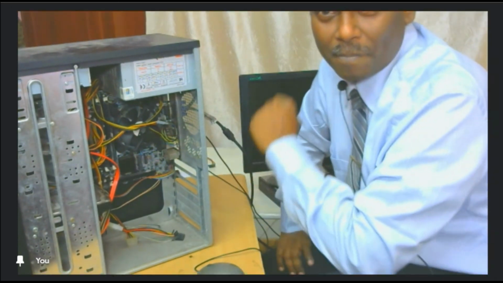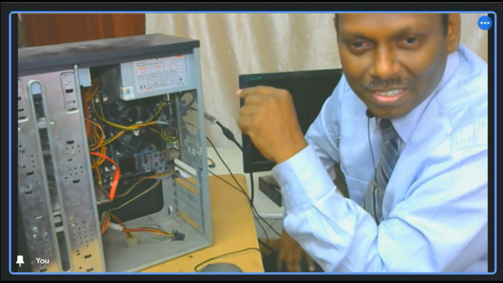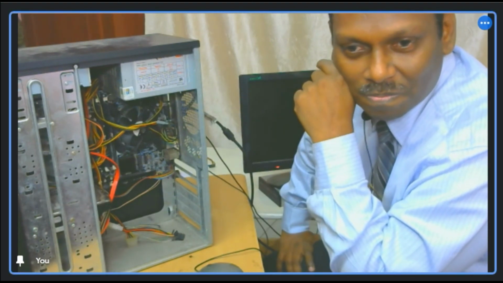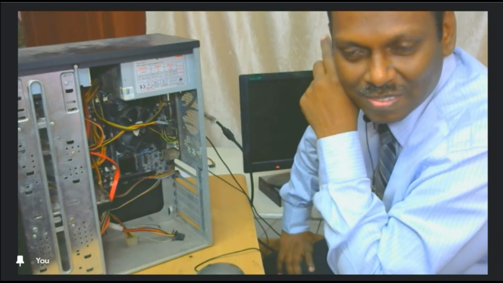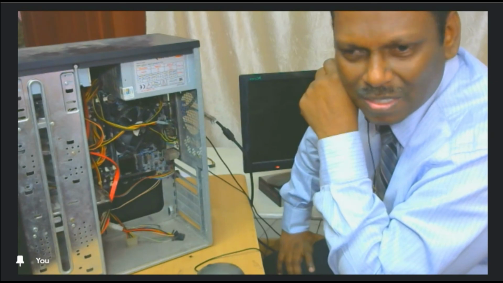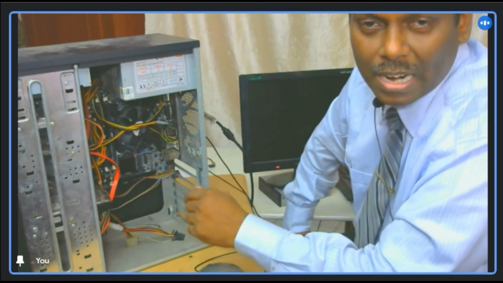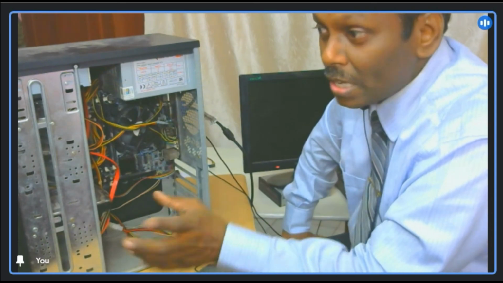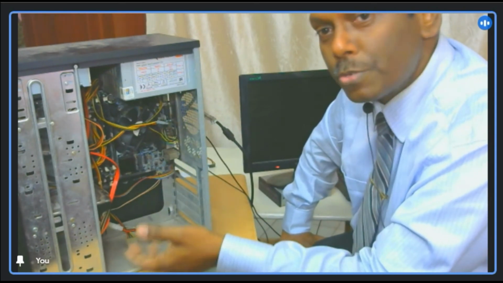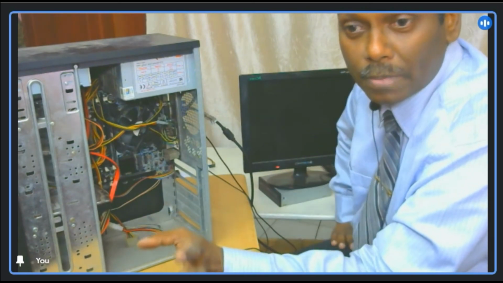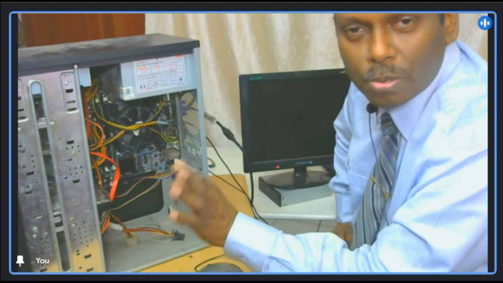Sir, I have a doubt. If your computers have more than one fan, why? Not one fan: one fan for the CPU, the other fan for the graphics card. Yesterday I was showing you, the graphics card also has a different processor which works on graphics, like NVIDIA or something like that. That is different. But the main one should be there. The other one is only optional.